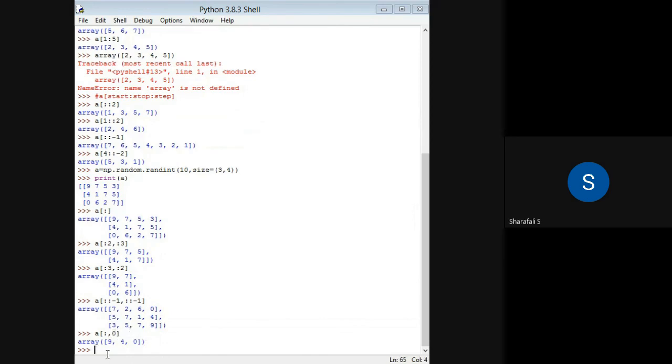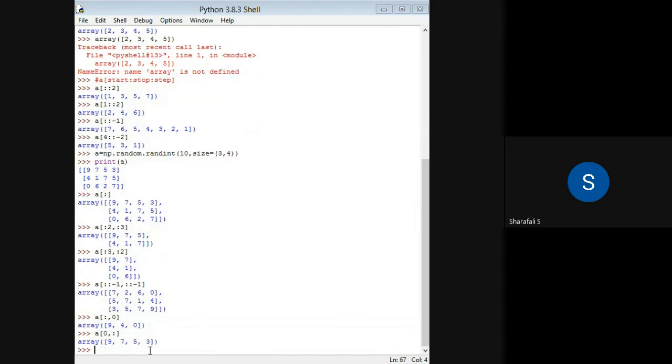Okay, and if I want the first row or any row, in that case I need access to all the columns, but I just want the first row. So for all the columns I just use the colon, and this is for the first row.